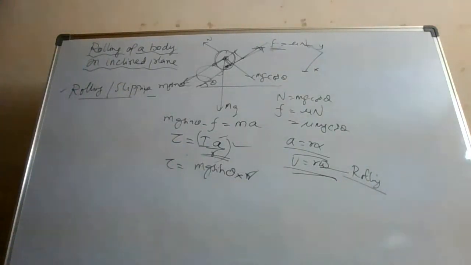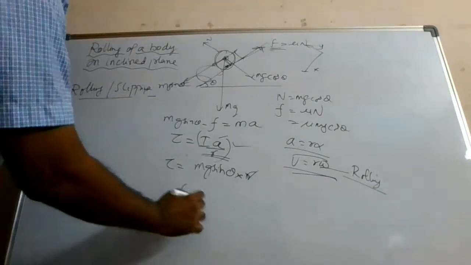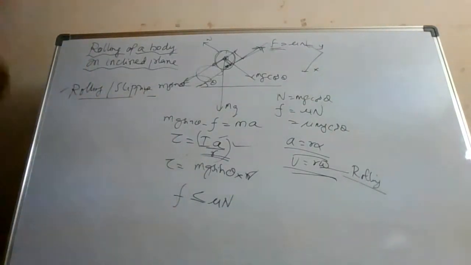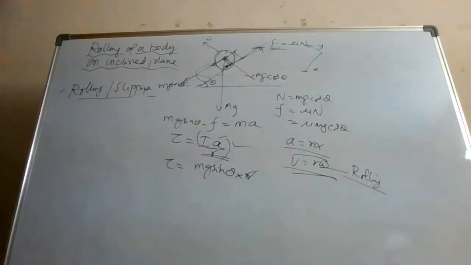So before doing that, let us talk about F. Like in the previous simple example I told you that F must be less than or equal to mu times N for the condition of rolling. Remember that 40 Newton example which I have given you. This F should be less than or equal to, or you can say that the force we are considering should be less than or equal to the frictional force. Like in the previous example, so we need to calculate that force.